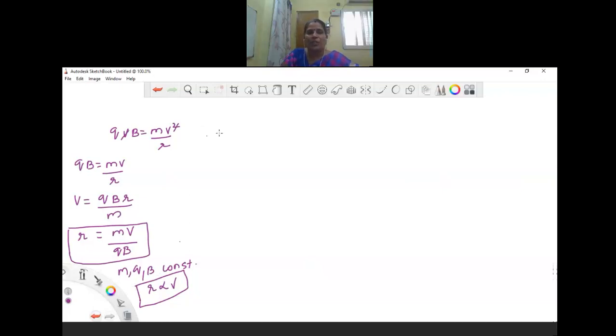Okay. Now, since here the particles are moving in a circular path, what is the relation between the linear velocity and angular velocity? You have learned this in your 11th standard: v is equal to r omega. So here we are going to substitute 2πr by... This is our velocity formula, v is equal to r omega.